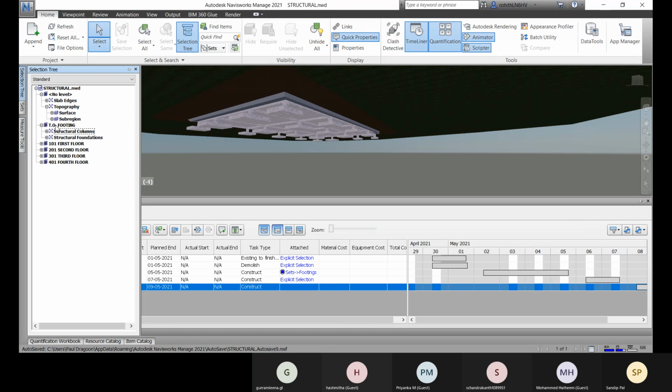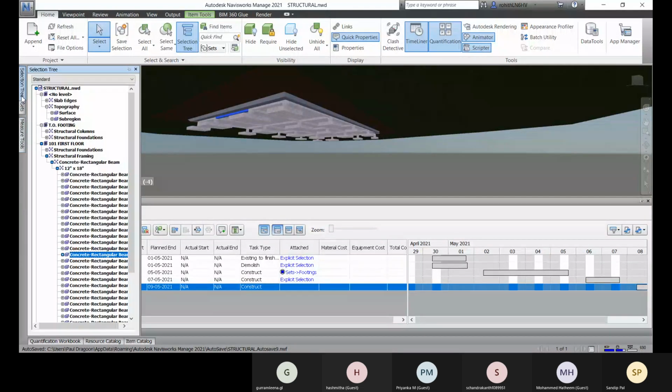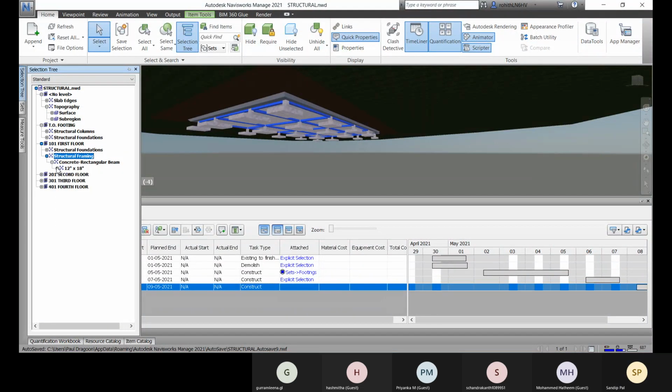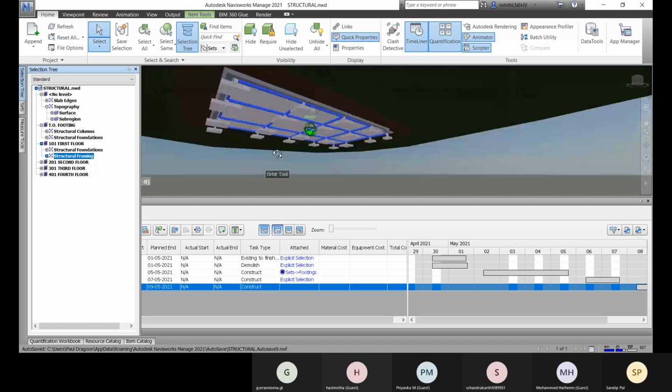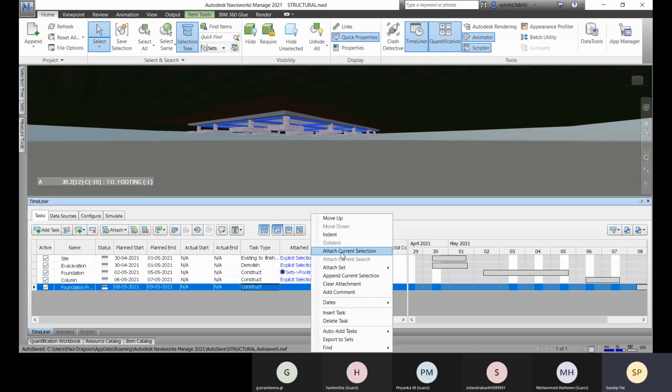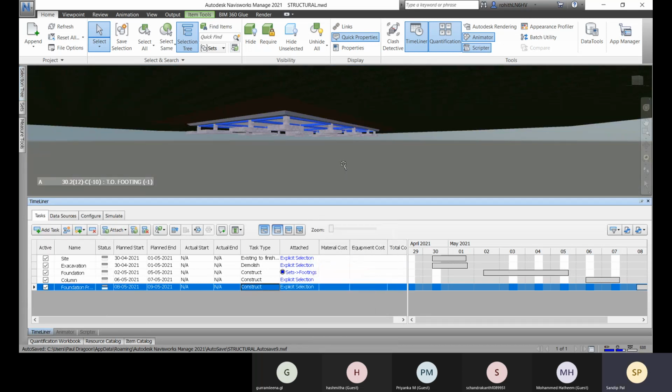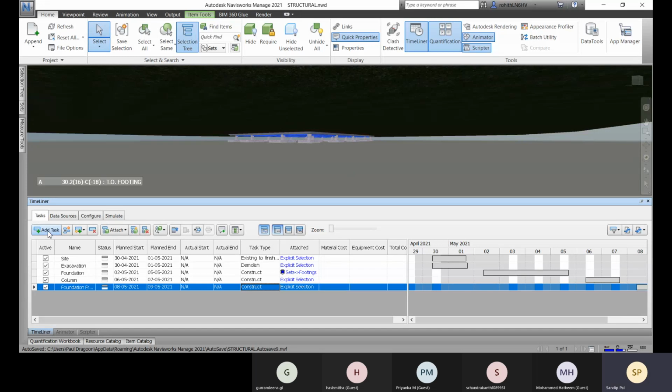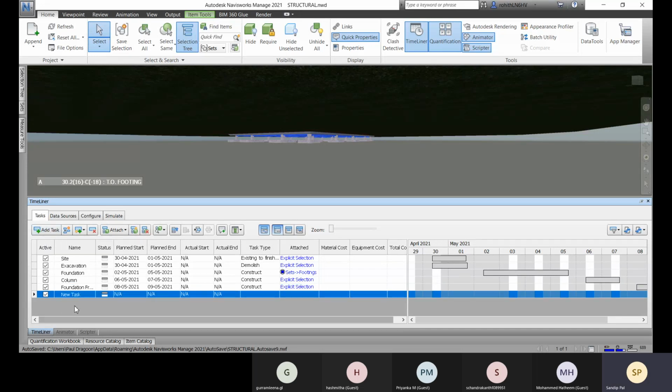So this is your structural framing. Okay, and right click, go for attach current selection this way, and then go for add task, foundation slab.